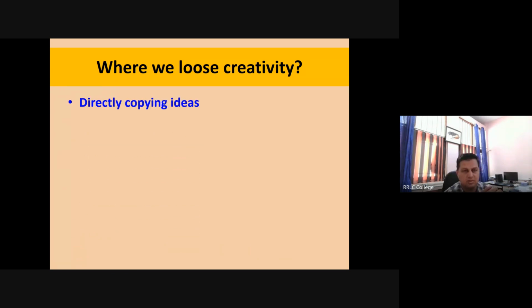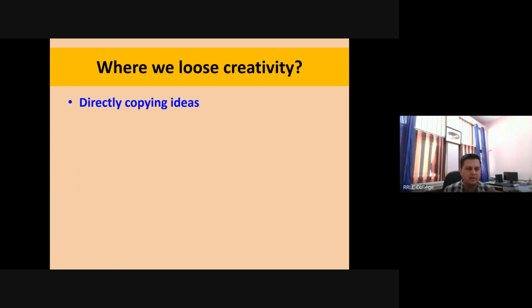It happens due to directly copying the ideas. ये हो सकता है कि हमने हमारे जैसा ही वर्क या किसी के जैसा ही वर्क लिया and we are copying the same ideas in different way, right? A person has synthesized X drug or X substance using one method.